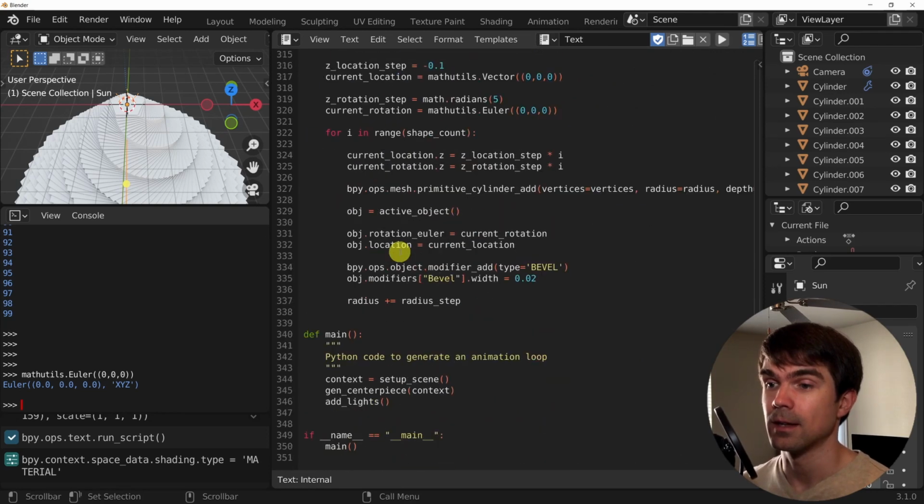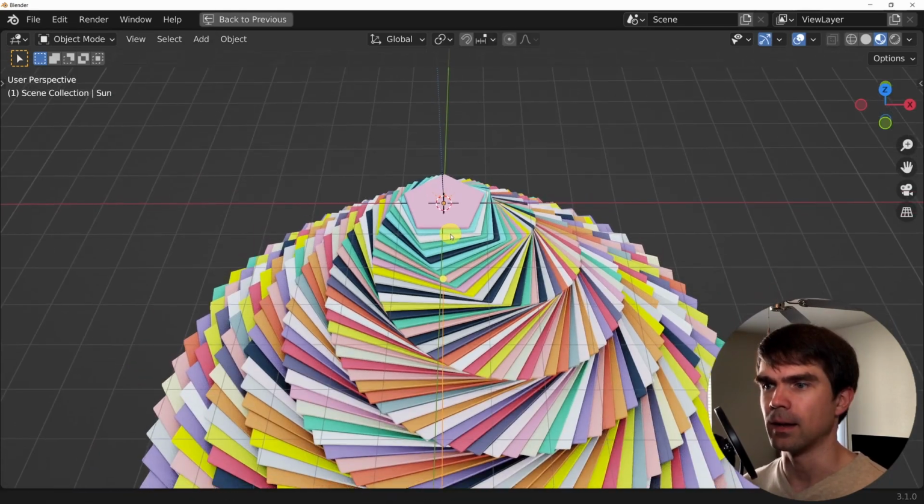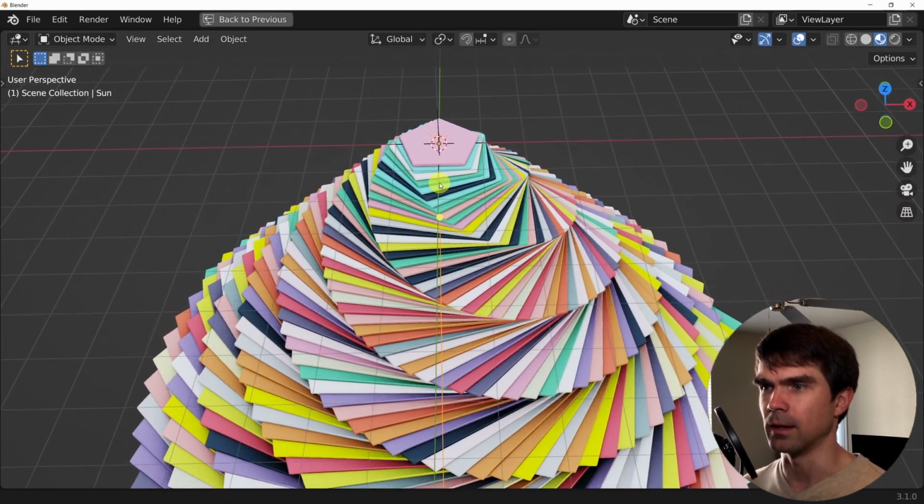So let's add some color here. All right, so object, and let's rerun it. All right, now this is already looking good.